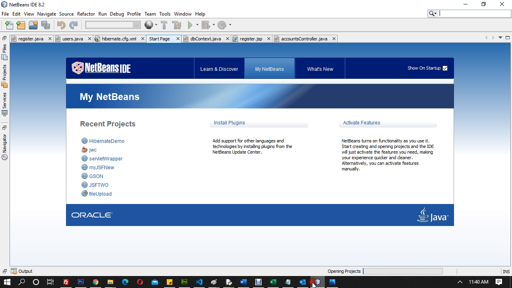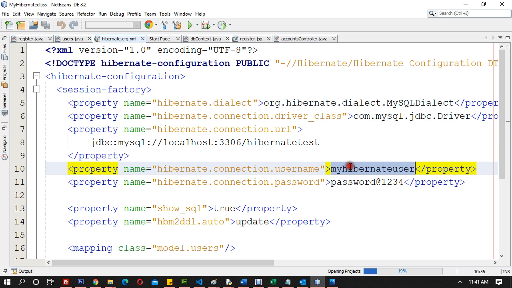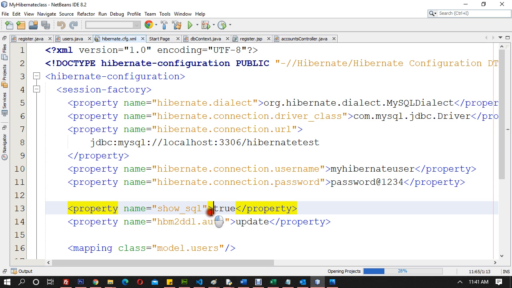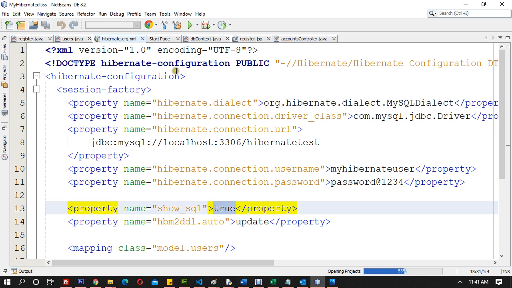As you are aware, we have made certain things in Hibernate, right? We went for a new Hibernate project. We connected to MySQL with the specific username and password, and show SQL is yet to be seen. So I'll show you today what this show SQL does. And